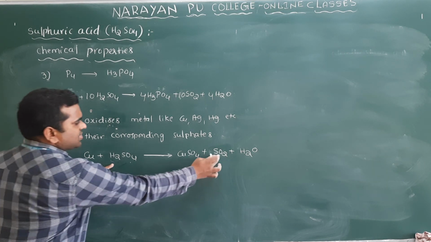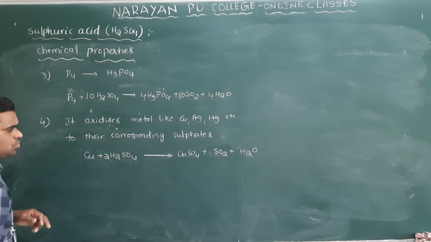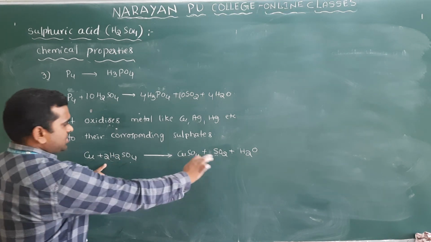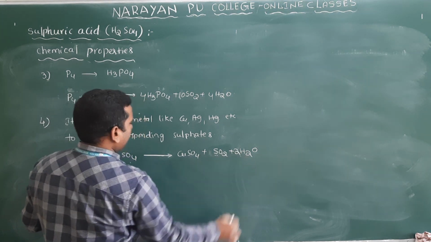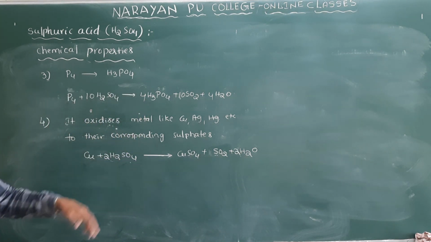Same balance here in the same way. So here 2 sulfurs are there, I will multiply this one with the 2. Then what is it? So it is almost balanced here, 2 sulfurs, copper, and take the 2 moles here because hydrogens 4. So this is in the same way.